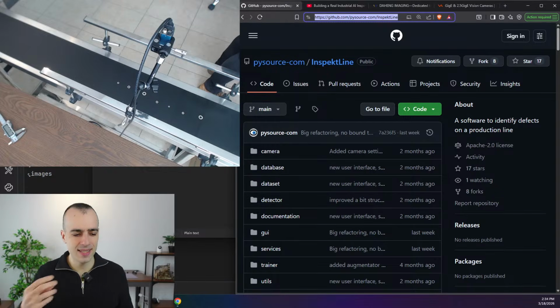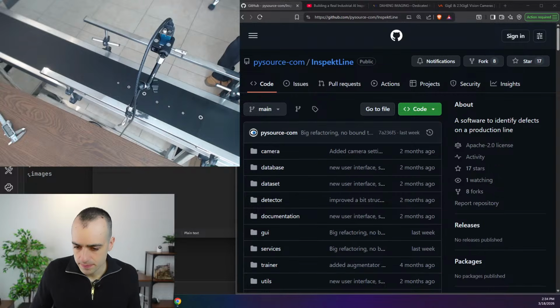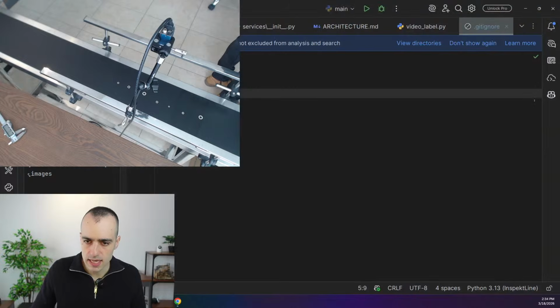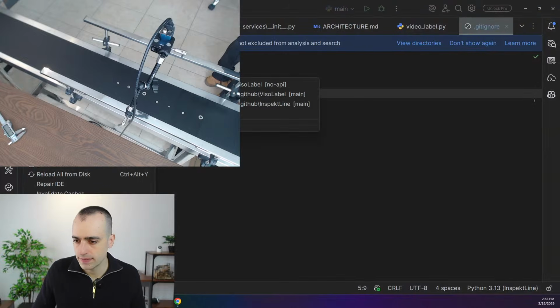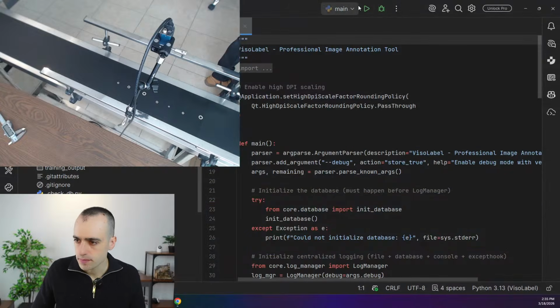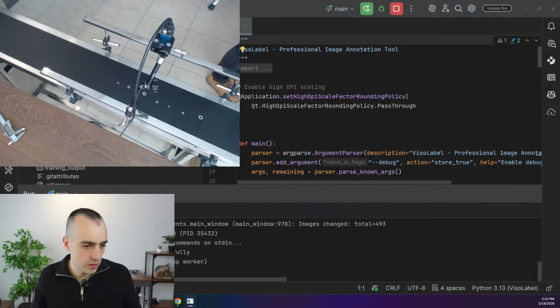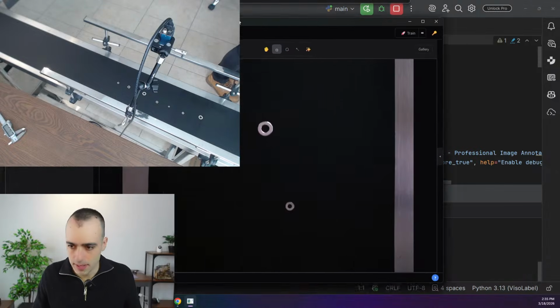And now let's get right into the core of our topic. In the previous live, we collected a data set. Where do I have the data set? I will show you right now. So let me run the software. I put the data set into a labeling software. This is a software that I built